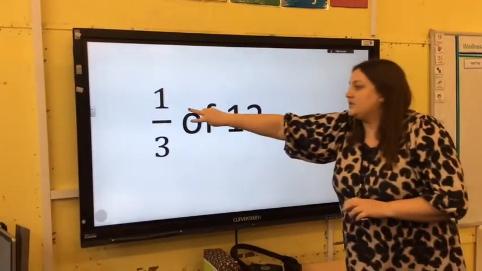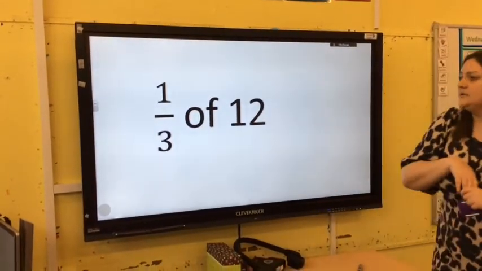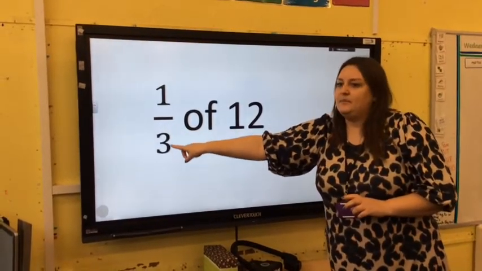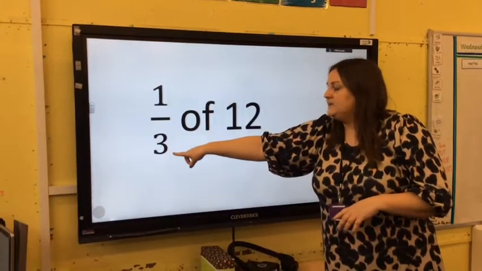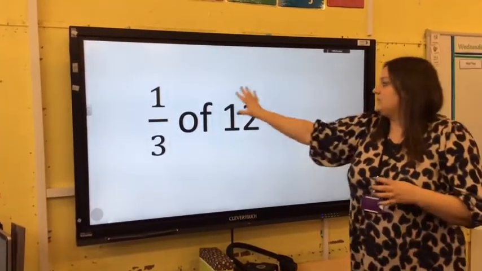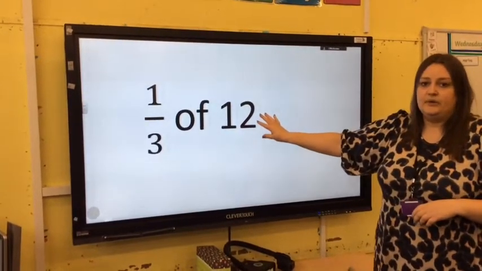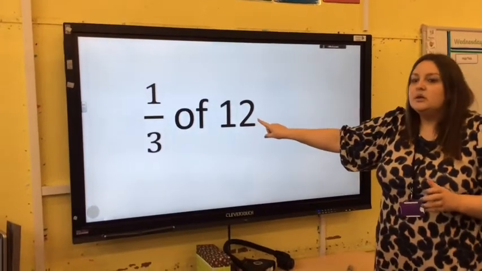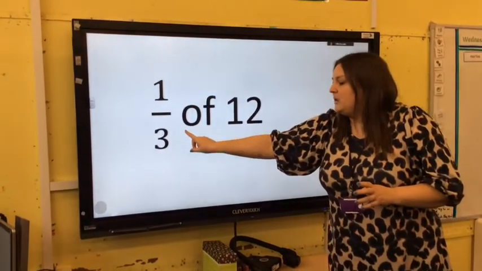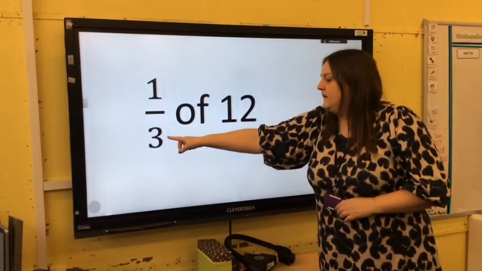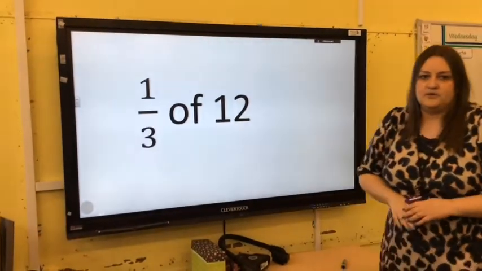Now let's look at this fraction. What we've been learning about is the denominator, the bottom number. This is how many pieces or how many groups it has been split into when we've been looking at shapes. But now instead of a shape, I have got an amount, which is 12. So what I could do, I could find 12 of something, and then I need to find what 1/3 is. So I'm going to split the 12 into 3 groups, and then find out how much is in one of those groups. So if we go over here, I have found